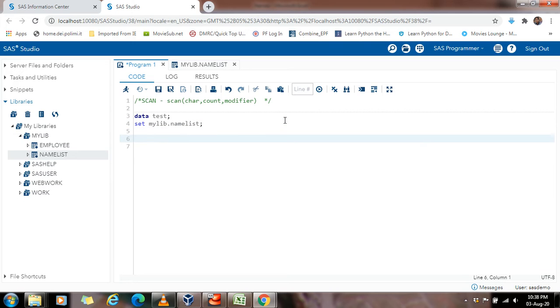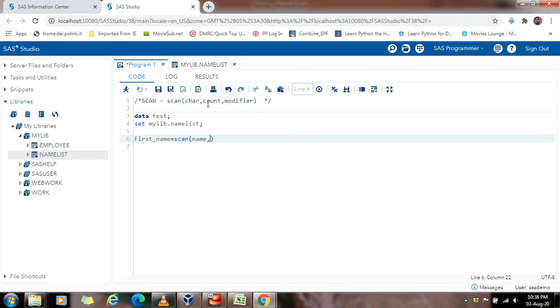Here comes the first column we need, first name, then we will type the function scan. Then we need to provide the variable name, the character variable name, which is name in our case.